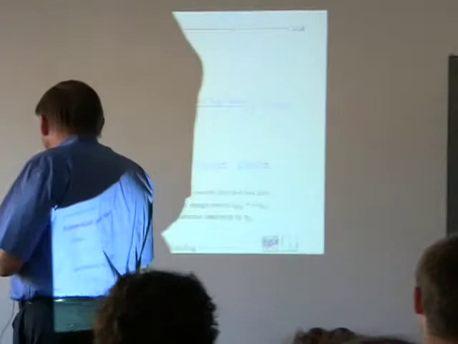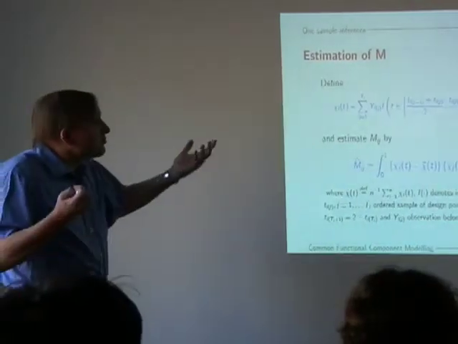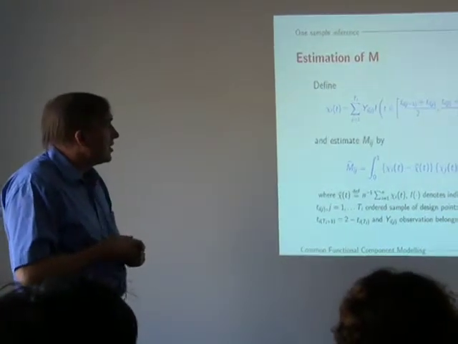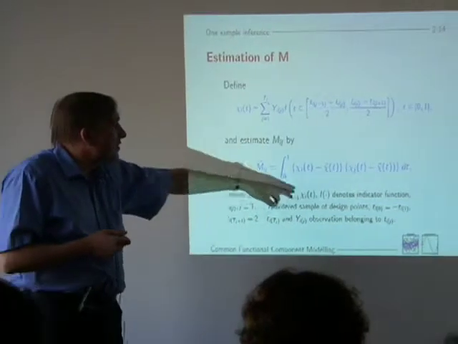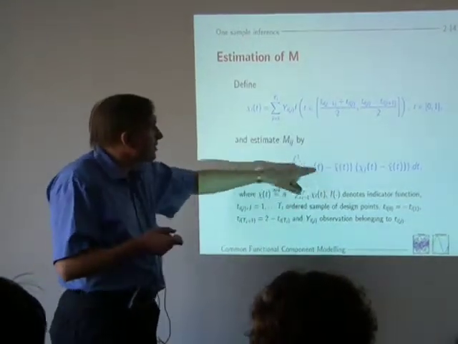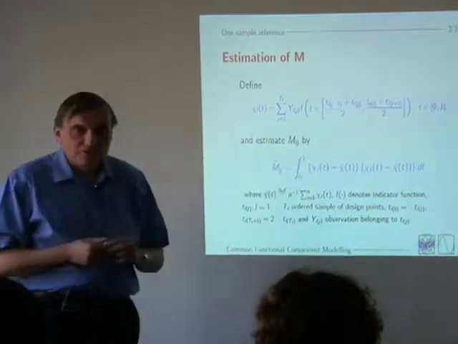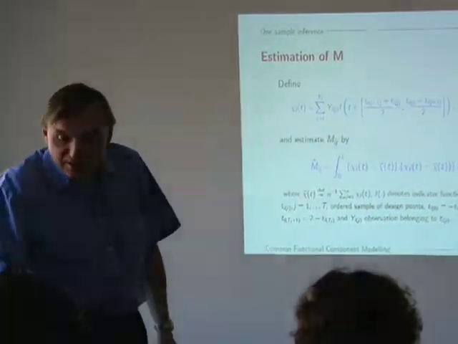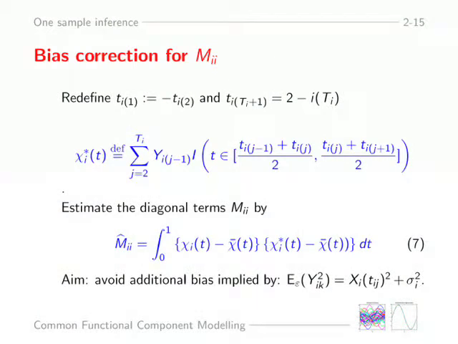You can't do that for densities, but for a regression case that's okay. And so we estimate the M hats just by subtracting the mean and integrating over these chi functions. Where again, a small thing, you have a possible diagonal bias due to the fact that